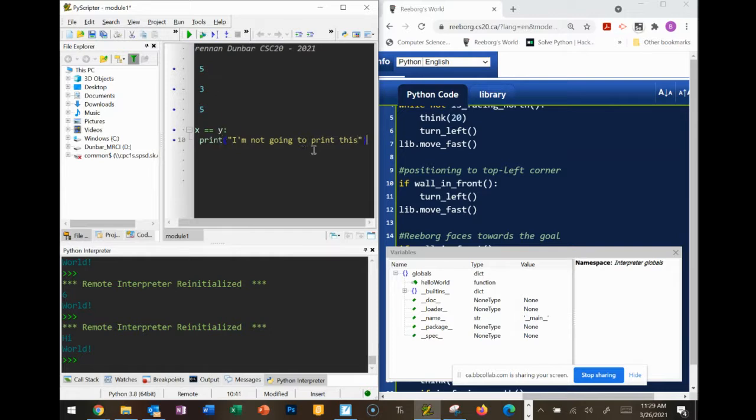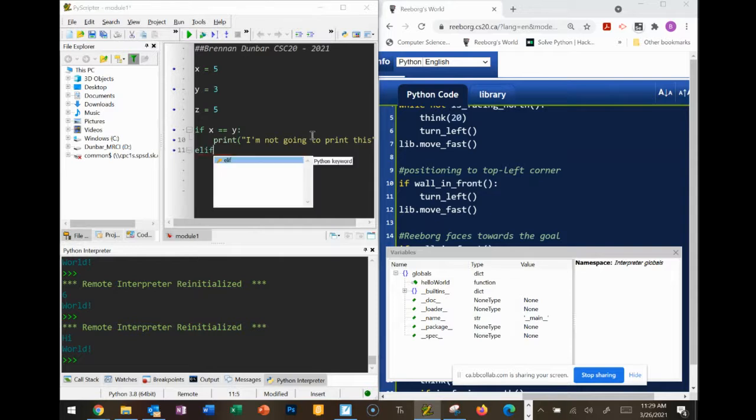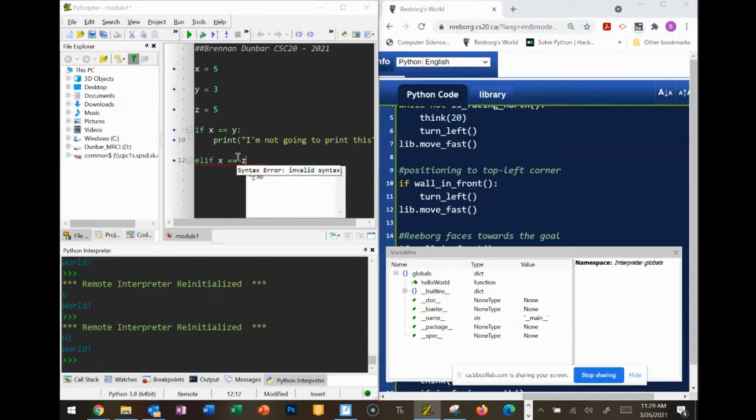I'm just demonstrating the if statement. So if x equals y, it's going to print that line. And then you've got an elif, which you also used in Reborg. My elif is going to check something different, because that's what it does. Elif x is equal to z, which we know it is. Then we're going to print a line that says